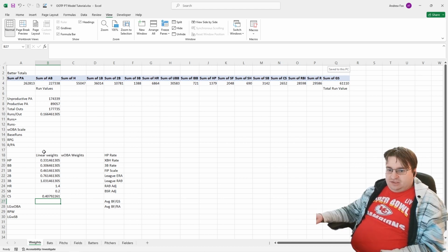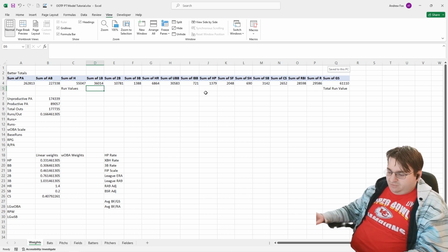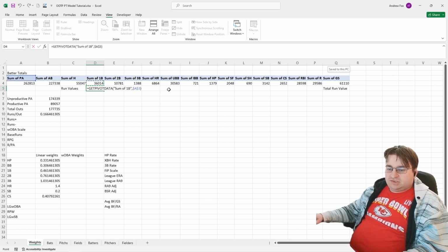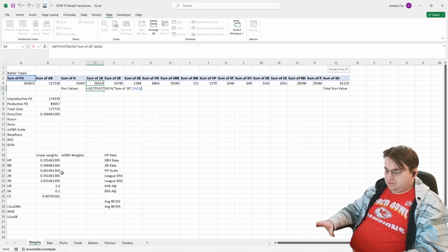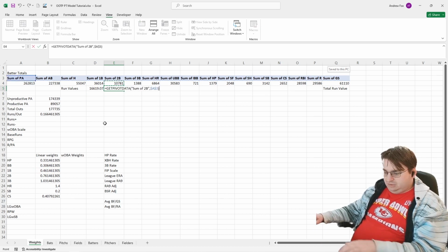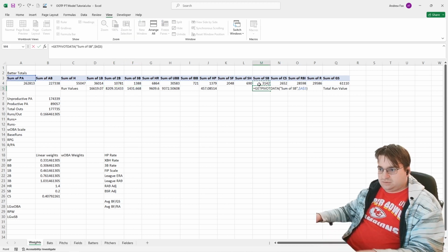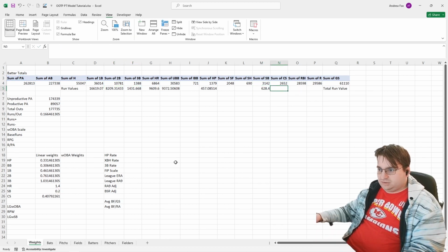So now that we have these linear weights, we can go calculate the run value for all these outcomes, and that is the sum of the outcome times that linear weight. Let's move run values over 1 because we're not going to calculate the run value of hits. It is sum of singles times weight, sum of doubles times weight, stolen bases times base weight,